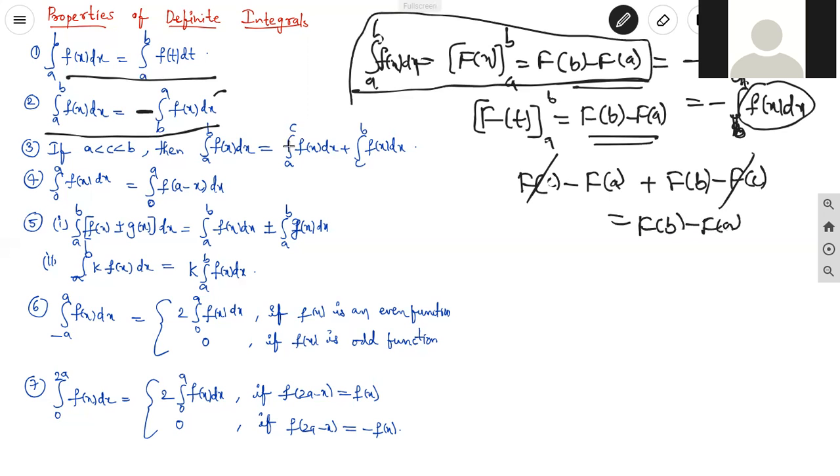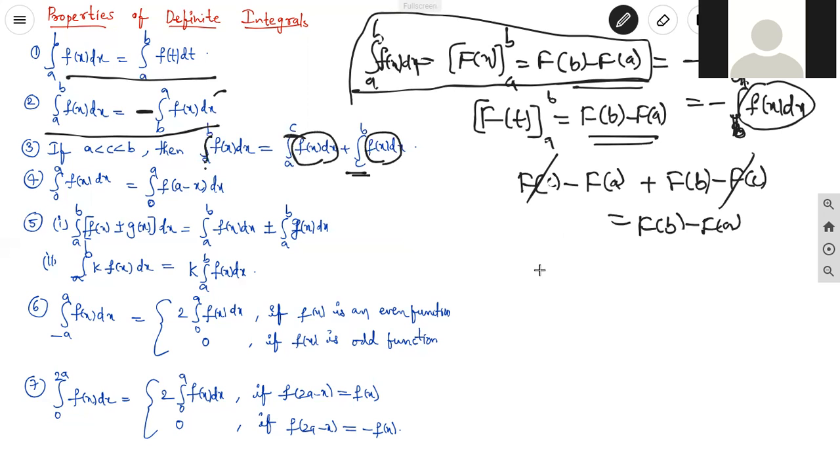After the separate integration, if another limit is in between, then we can separate the two integrals with the first upper limit equal to the second lower limit. When these two limits are equal, directly we can write it as integral a to b f of x dx when the two functions are the same. Okay. Fourth one, integral 0 to a f of x dx is equal to integral 0 to a f of a minus x dx.